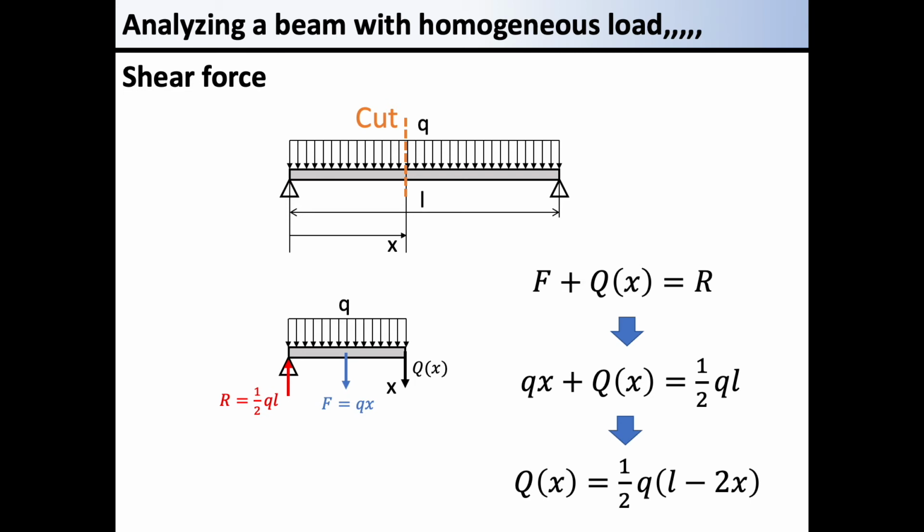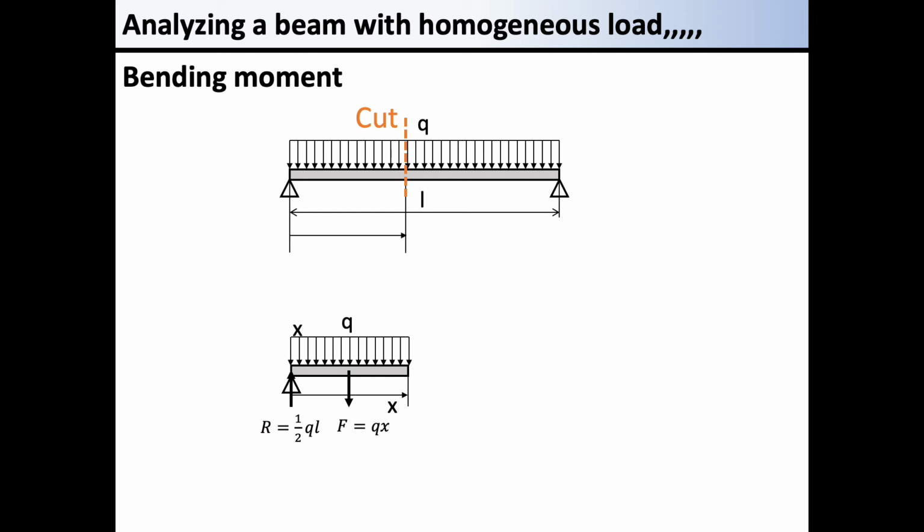There are two forces balanced by the shear force Qx. One is the reaction force upward, F, and Qx acting downward. Considering the equation that describes the balance of the forces, we can derive the shear force, Qx. Next, we are thinking about the bending moment with respect to the illustration. As before, we are cutting the beam at x on the x-axis and then considering the components of the force and the moment.